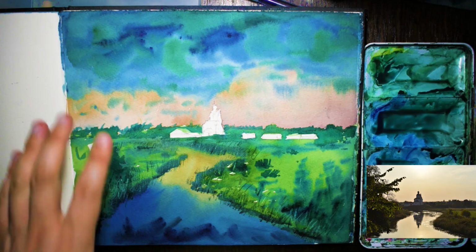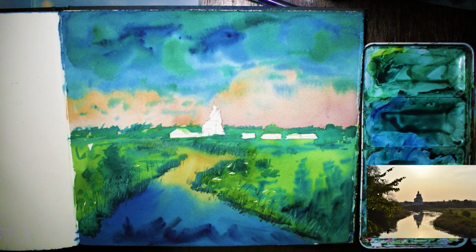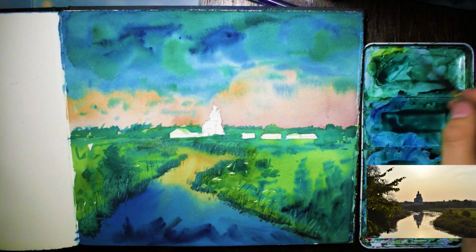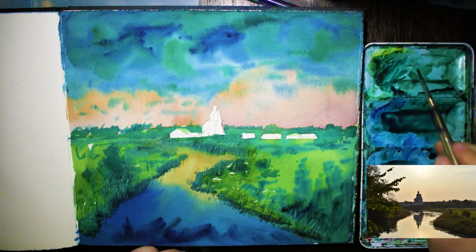All right, I'm going to start fiddling around with that area, and give this a quick dry first. I'm going to be extra careful with these buildings and looking at the reference picture, but also I don't want them to stick out and look too detailed with everything. I want to make it loose as well, so keeping that in mind,